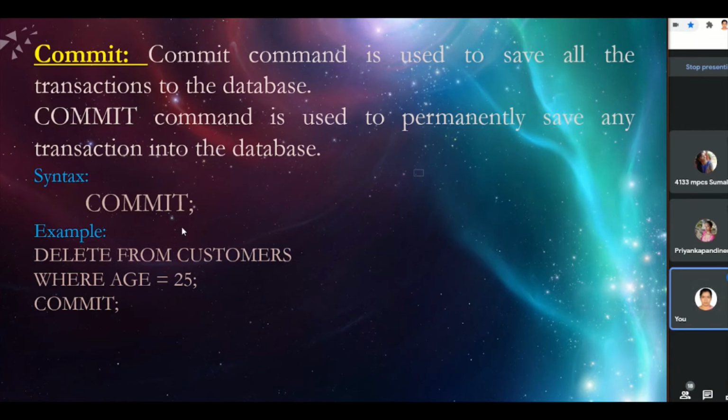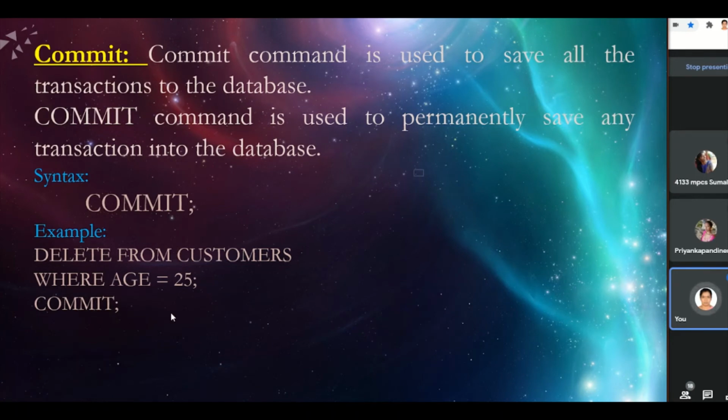Commit, for example: delete from customers where age is 25. Customers is one of the tables, and customers has one field, that is age. Those whose age is 25 are deleted from the customers table. To permanently remove these records, we have to use commit after this DML command, delete being one of the DML commands.